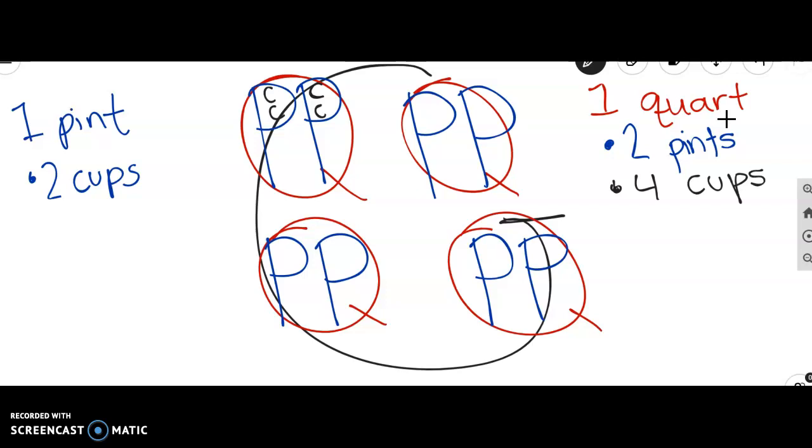So we can go on and continue the pattern. And at any time, if it's going too fast, you can always pause the video and write it on your paper because you should be writing this with me. So we have 2 cups, 2 cups, 2 cups, 2 cups, and 2 cups. So all together in 1 gallon, there are 16 cups. But in 1 quart, there are 2 pints, and